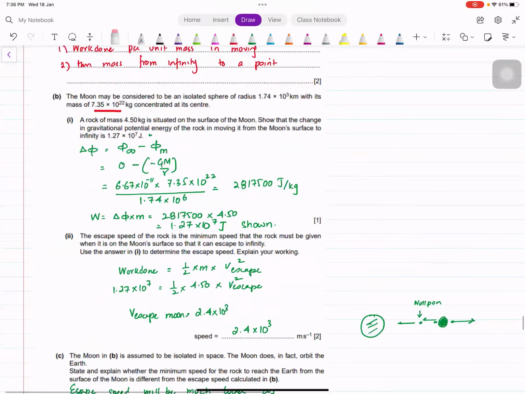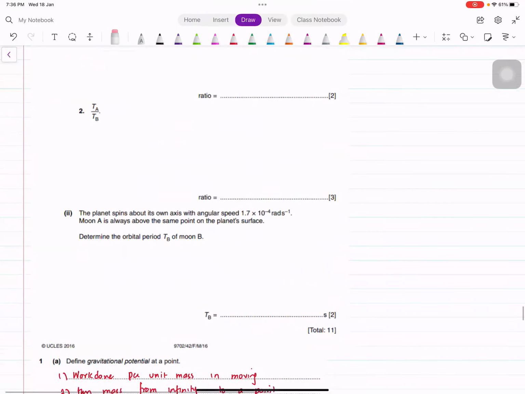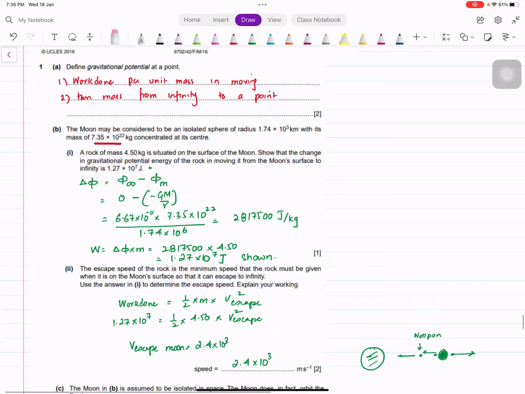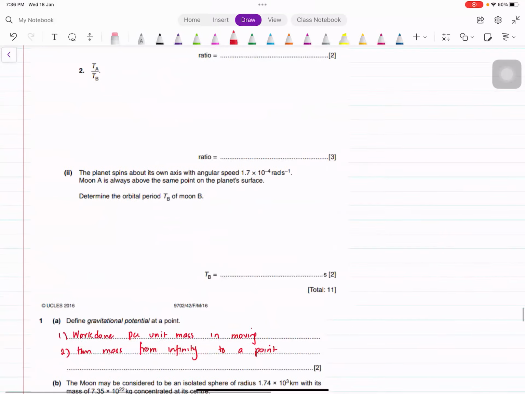Okay. Now, we're going to come back to these questions. For some reason, I made a mistake by putting them here. Sir, could you repeat that very last point you said? The point that you said it's going to move away and so the speed's going to be faster? The speed needed would be higher, because if you throw something away from Earth and Moon, then obviously both are going to attract it. Exactly, yeah. Okay. So that's something that I just wanted to put forward. Now I'm going to come back to these questions again,